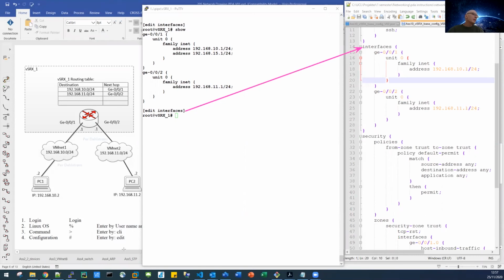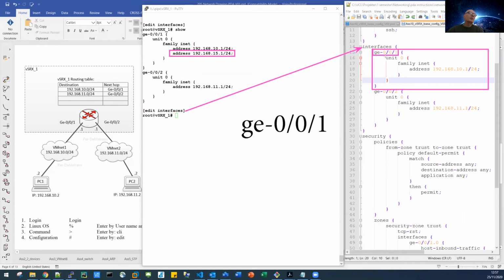So this means that in order to delete the IP address that we have entered, the 15 address up here, we want to get rid of this address. So we have to go down this hierarchy here, starting by GE001, unit 0, family INET, and address, and then the address that we want to delete. The command is delete GE autocomplete, and it is 1,